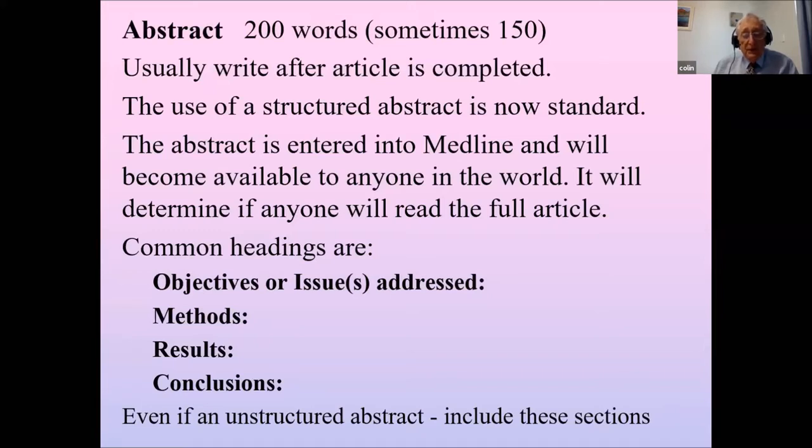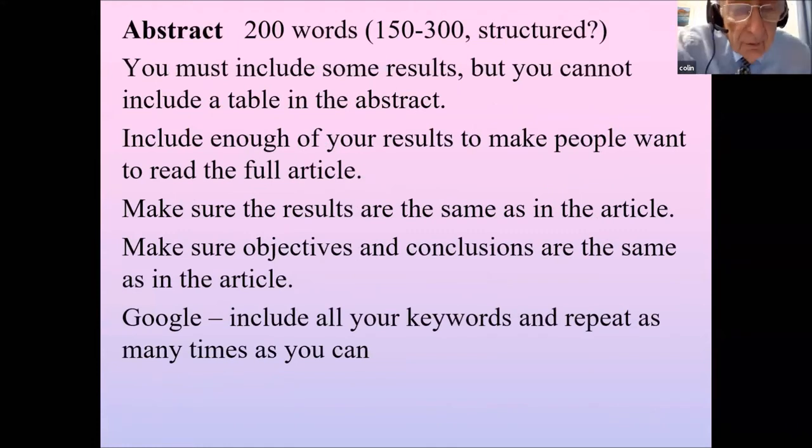Some journals, like the Asia Pacific Journal of Public Health, don't actually type those headings into the abstract. We just have one or two paragraphs. Other journals do. But whether or not they include the headings, you've still got to follow that outline: the objective or the issue that you're going to address, a statement on the methods and the results, and the conclusion. You've always got to give some results to attract a reader,